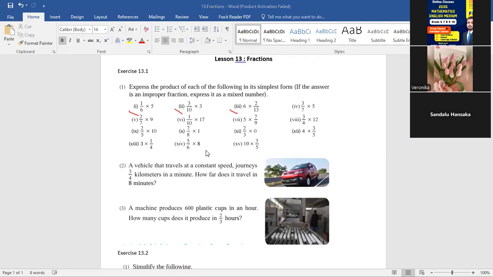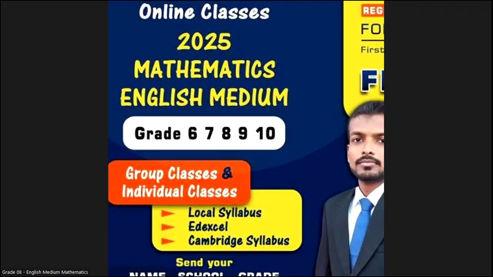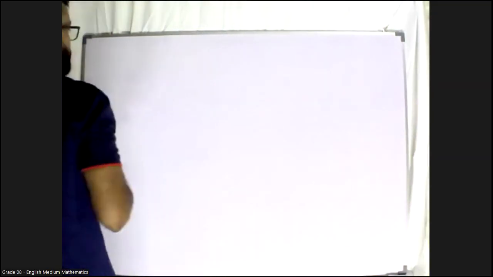So try to get the maximum. There is a category for each and every one, right? And you have to follow the pattern. The first one is